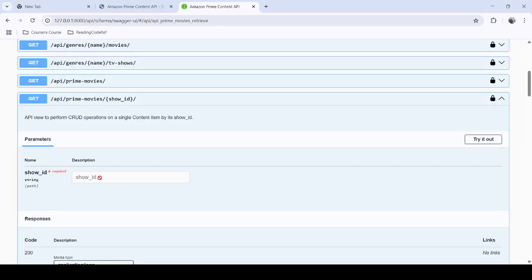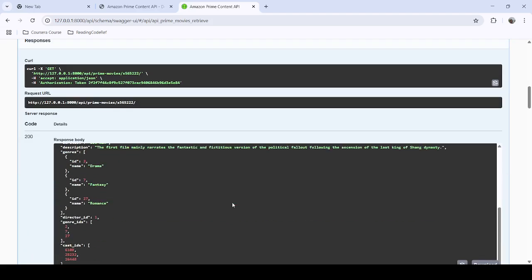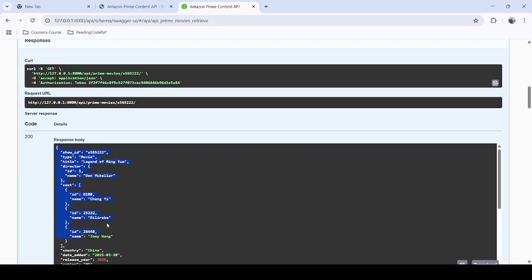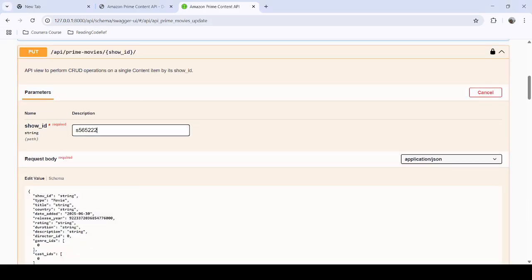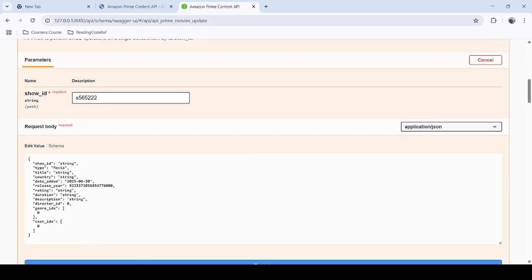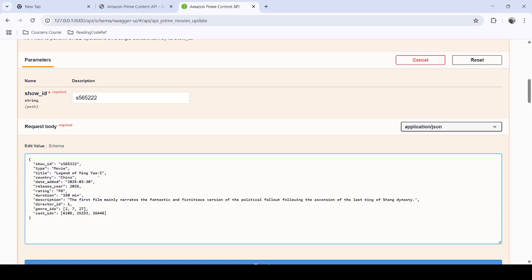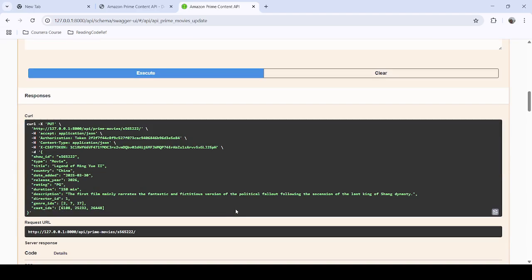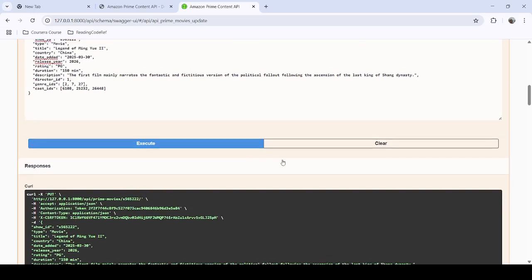After that, I retrieve the record that was created earlier with this ID. Yes, that is our created movie record. After that, I will update the previously created record ID, changing this title to Miyue 2. Okay, execute. As you can see, it is 200. The API endpoint updated successfully, so it means the movie record is updated successfully.